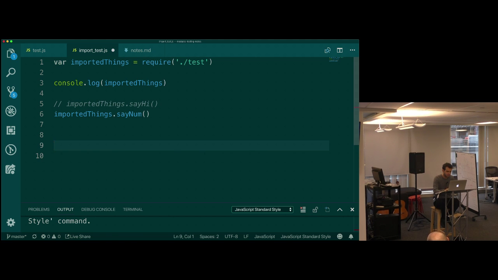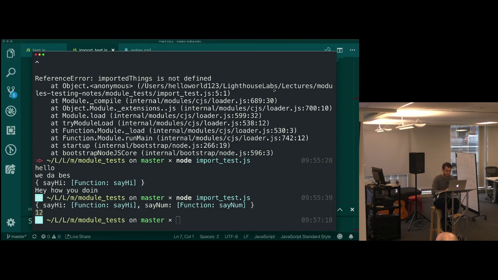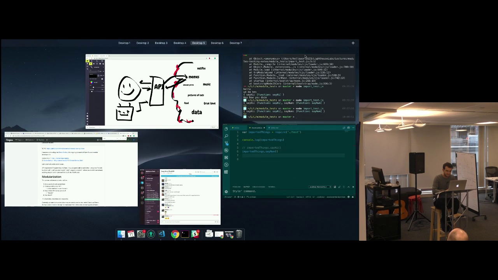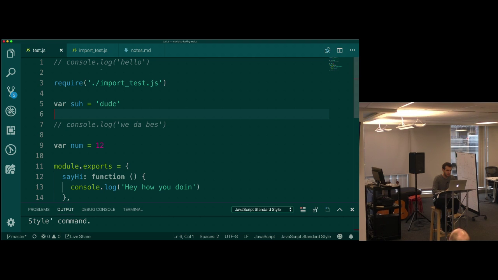I could export its own thing from here, but it would be this num, not the other one's num. They'll be separate. But I'm actually interested in seeing what happens if I run this right now. Cool. Yeah, I guess you are allowed to require import test in here.